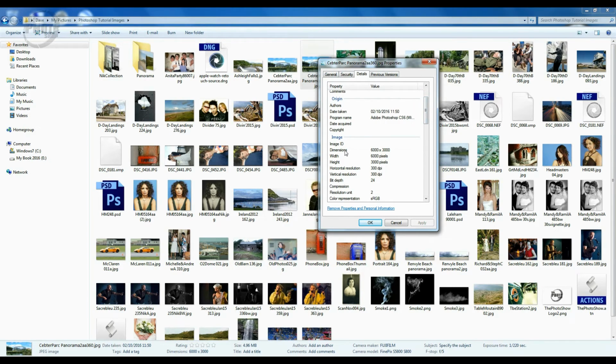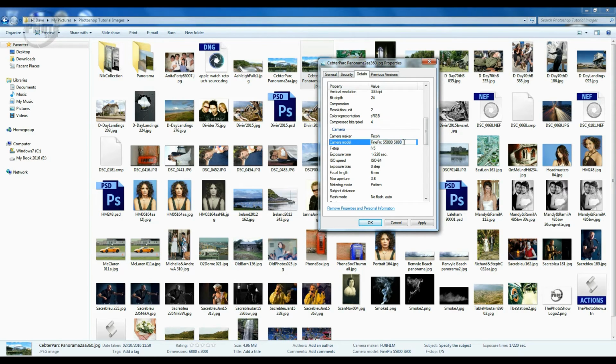You can see there that it's got the dimensions that we changed it to. The width 6,000 pixels, the height 3,000 pixels, the resolution of the image, the bit depth. And we come down to here and we have camera maker, camera model. And these can be edited. So if we change that to Ricoh, and we change this part to Ricoh Theta S, click apply, click OK,